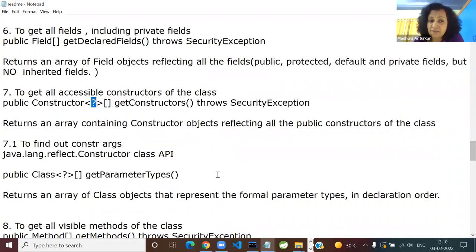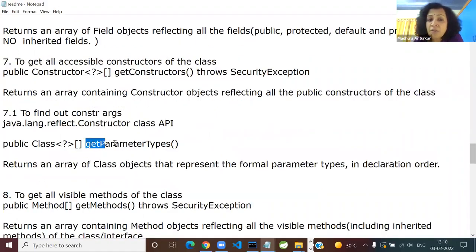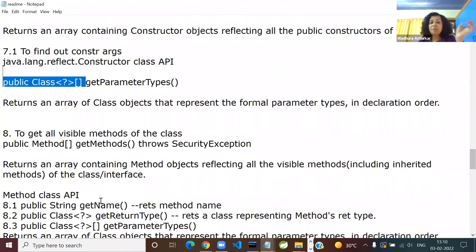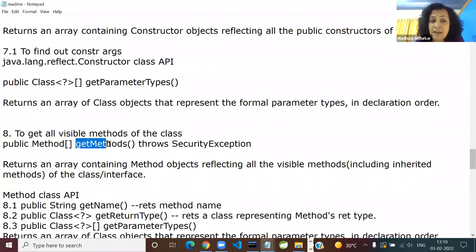Next one. If you want to find out the detailed signature, that is, what are the parameters, what are the arguments to the constructor, you have further methods like getParameterTypes, but I'm going to show you via toString, which is very easy. Whatever I said about the fields is also applicable to methods. So if you want to find out the detailed analysis about what are the different methods, static, non-static, what will